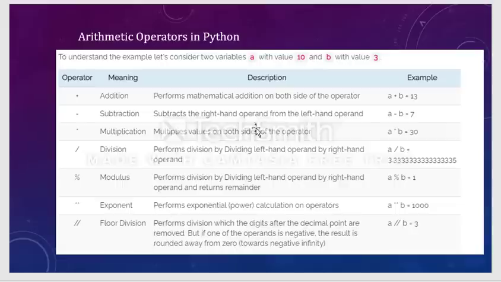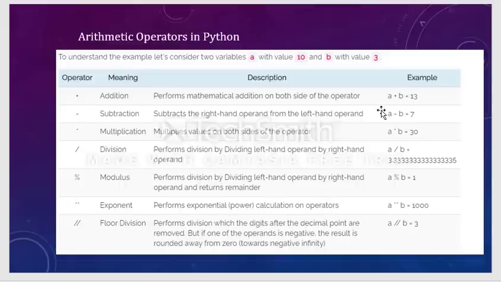As you can see in the description here, double star is nothing but performing the exponential calculation. That means power calculation. Suppose you want to find out 5 square, that means 5 into 5, which gives the result 25, or 10 power 3, 10 into 10 into 10. These kinds of things can be done in Python with the help of the double star operator, or double star symbol.